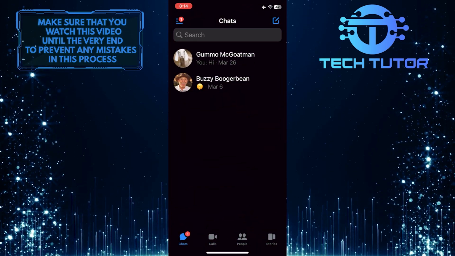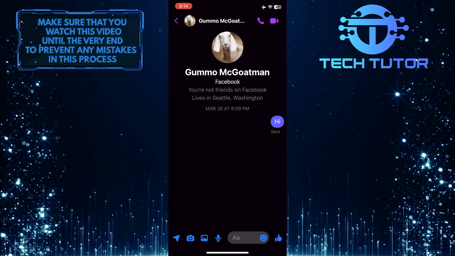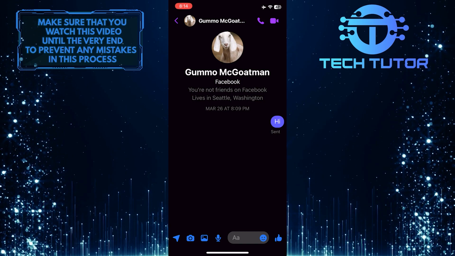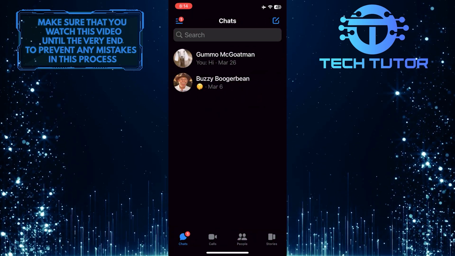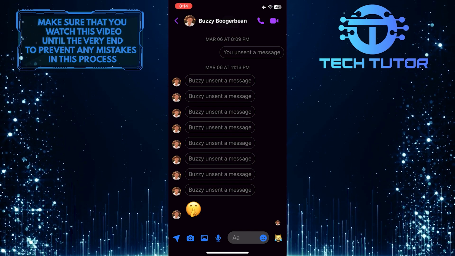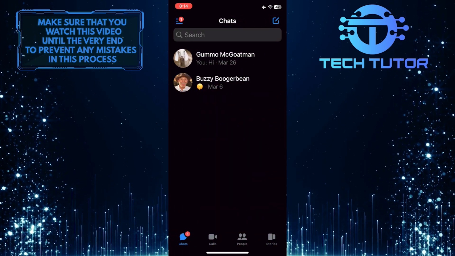If you are trying to send a message to someone specific and Messenger is not sending it to that specific person, that might mean that they have blocked you or that they do not have a Messenger account anymore. In that case, you can check that by sending a message to someone else on your chat list. But if you are unable to send messages to anyone on your chat list, then what you want to do